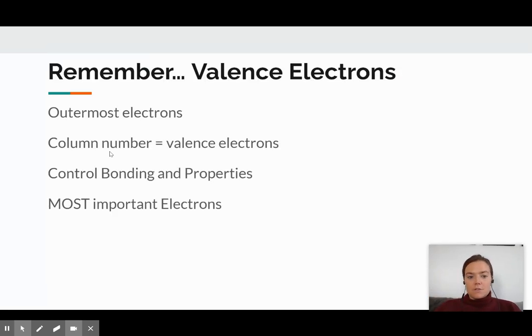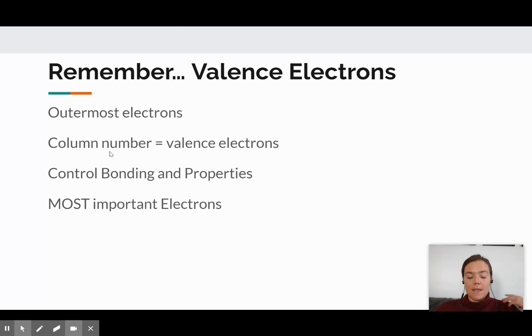So these valence electrons are important for a couple of reasons. First of all, remember, those are the electrons that are in the outermost shell. If we're looking at the Bohr model, they're the ones on the very outside. The ones on the inside of those shells are all filled up. But the outside ones are important because they're out and open to the world to bond and interact with other things. That's what makes them the most important electrons,